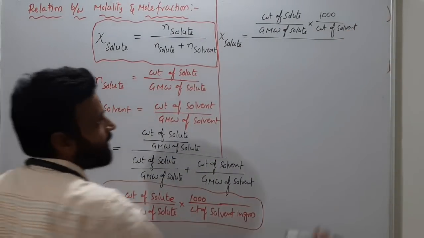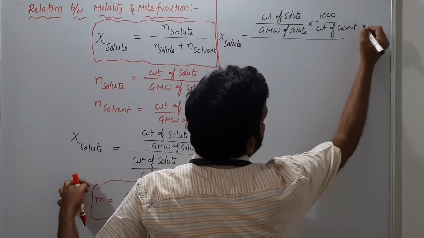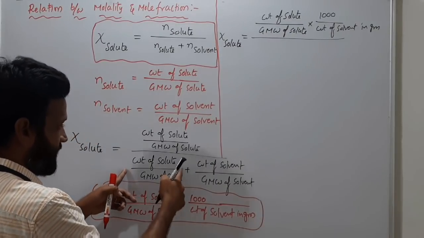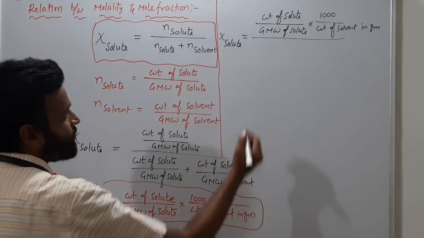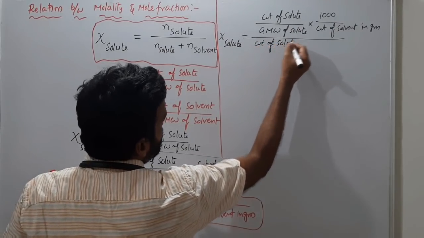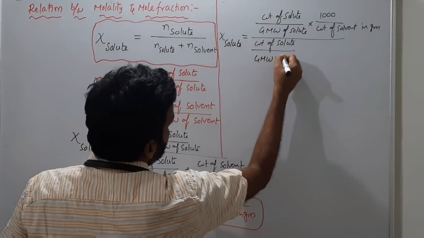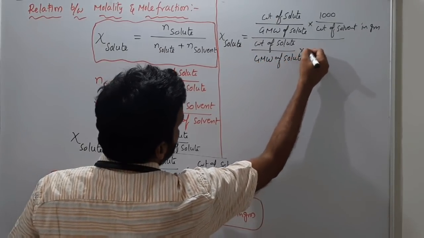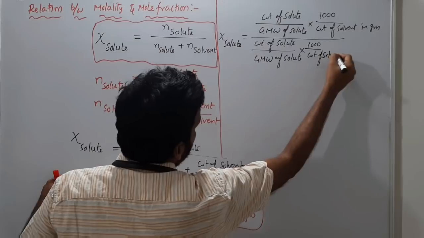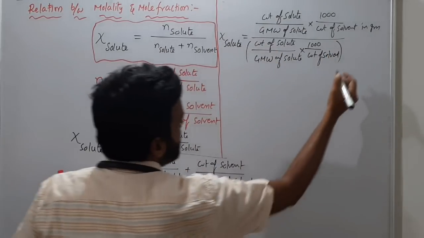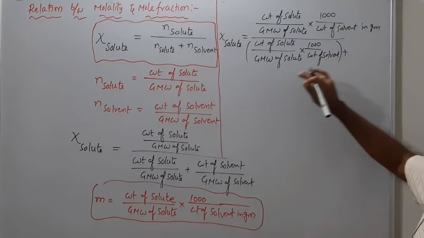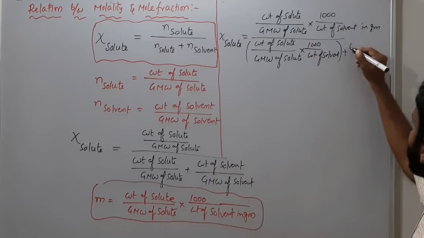Okay, weight of solvent in what, sir? In grams. So this denominator also I am multiplying, means for this I have to multiply and for this I have to multiply. So what I will do here, same story, that is weight of solute by gram molecular weight of solute into 1000 by weight of solvent, and this is one term, and another term is, so what is that? Weight of